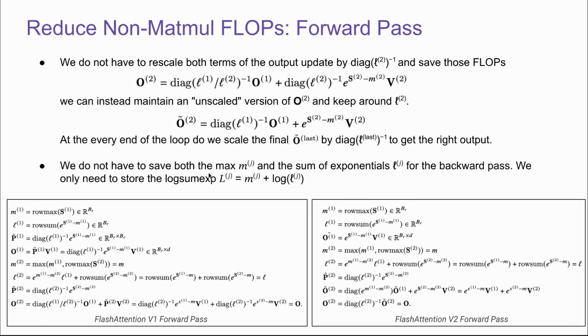The second way to reduce non-Matmul flops is that we do not have to save both the maximum mj and the sum of exponentials lj for the backward pass. We only need to store the log sum, big Lj, equal to mj plus log small lj. So this is a quick comparison between the FlashAttention V1 forward pass and the FlashAttention V2 forward pass. With those two very small tweaks, it reduces the non-matrix multiplication flops, and in my opinion also simplifies the